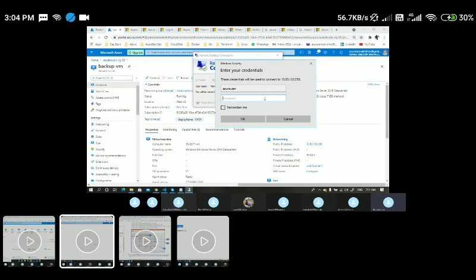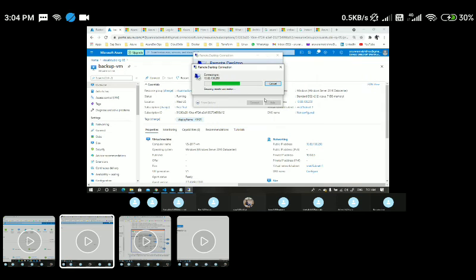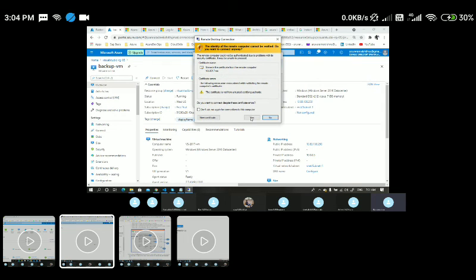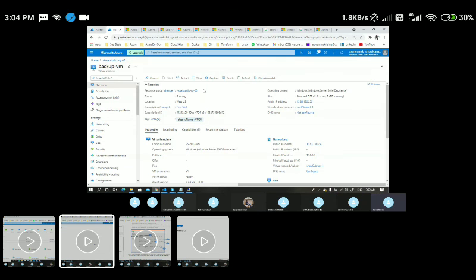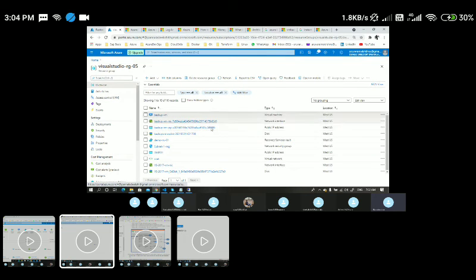Let me validate it. Okay, sharing the password on my WhatsApp, and the username is the same Azure user, and I'm just typing the password here. And can you see? Okay, so we're able to connect to the same VM. And if you see the host name, it is not changing the host name. As you mentioned, the DNS and remaining things will be the same. Let me click on yes, and I'm able to take an RDP and the rest of the details are the same. So we're good to go. So this is how we can take a backup and restore it.